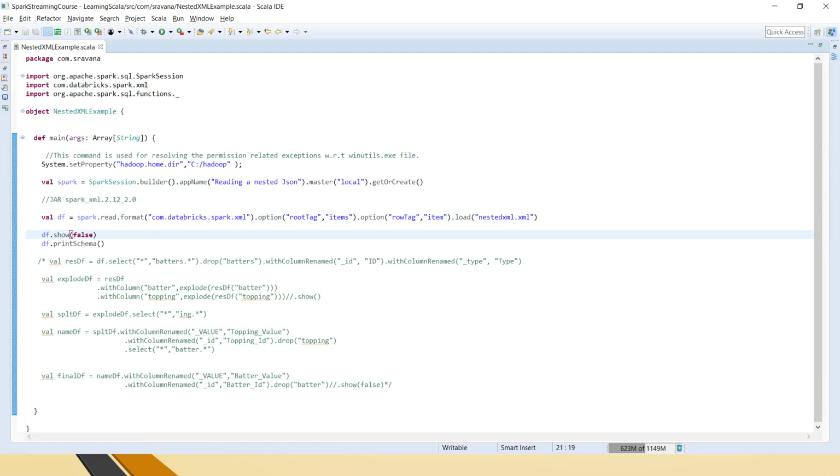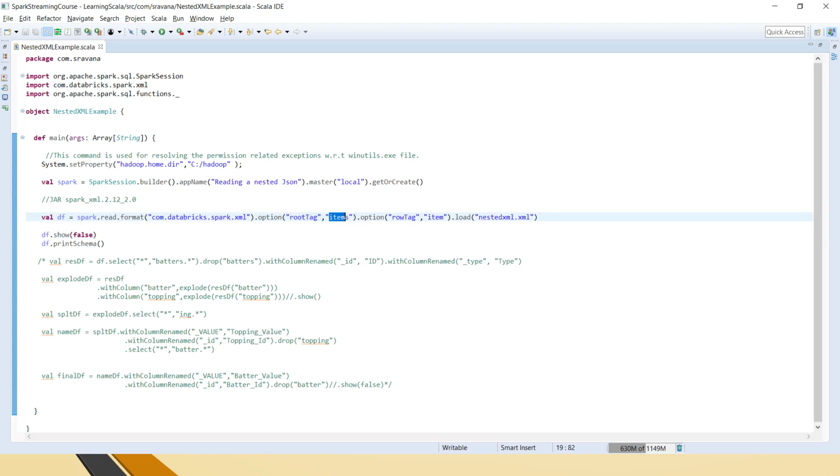Here in the format, I'm doing spark.read.format, and I am giving it as XML. We have already imported the XML, so we can simply pass it as XML. For any XML file, it is needed to provide the root tag and row tag.